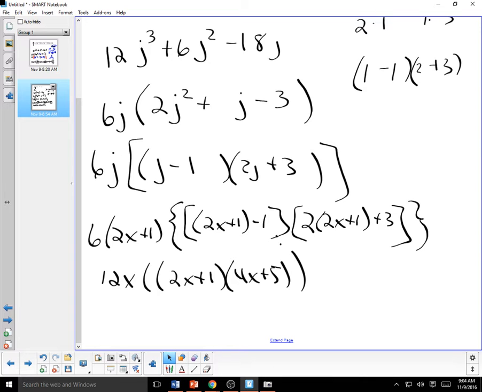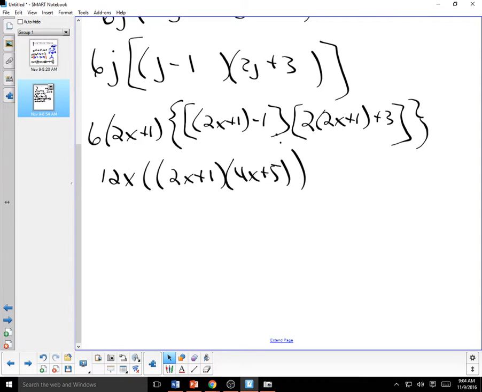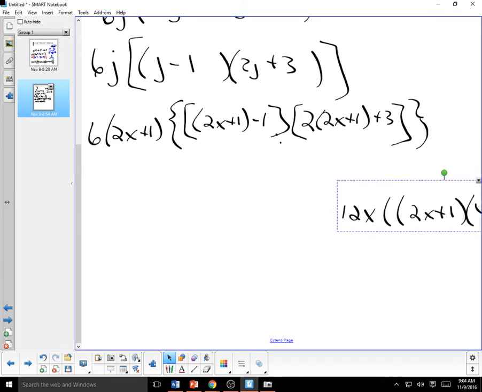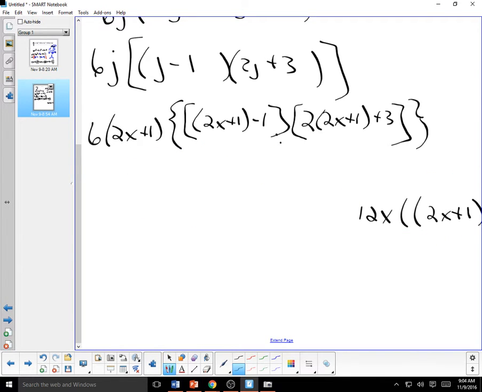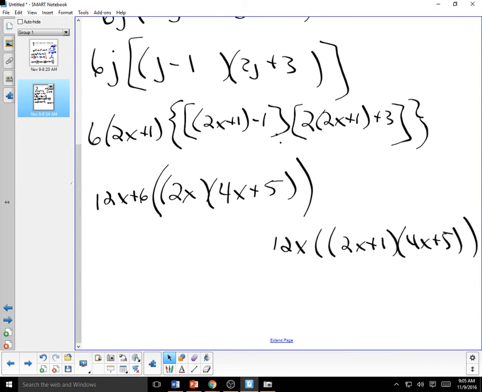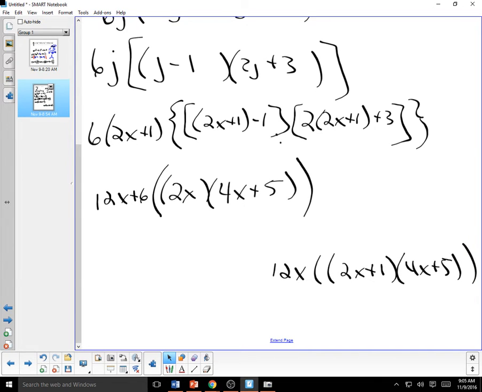Okay. Here's the only thing that I can see where I can go further. Let me move this out of the way for now, okay? This would actually become 12x plus 6, parenthesis, and that's just 2x, right? Because that would become 0. And then this would become 4x plus 2 plus 3, which is 5. So there's the 4x plus 5. Here's my 12x. Throw the 6 at